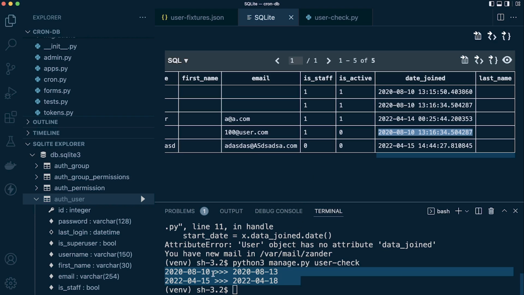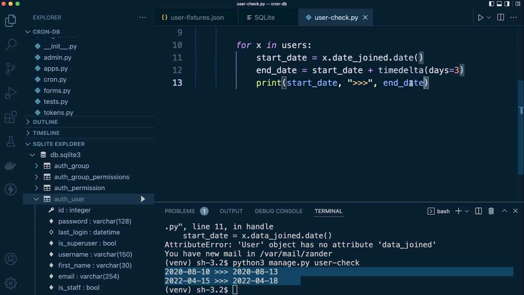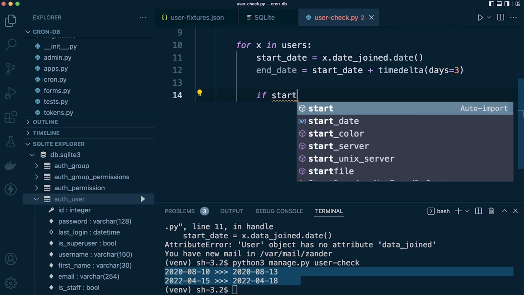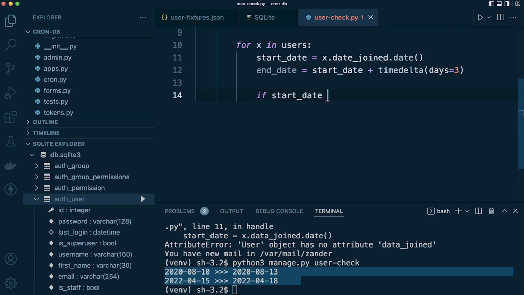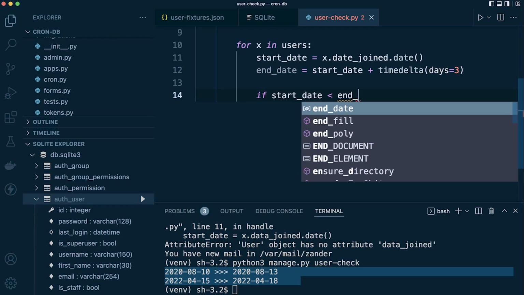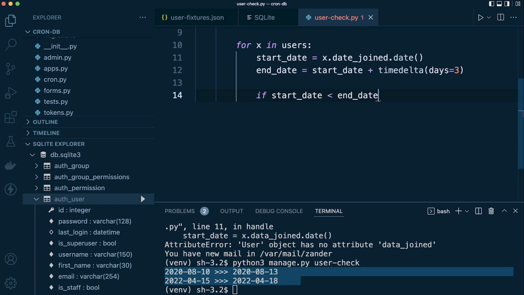Right, so we now successfully grabbed the users, and we now know the start and the end date in which the time frame they're allowed to click on that email and activate themselves. So now we have that. All we need to do now is perform a little bit more magic, of course. So we're going to say that if the start date is less than the end date, then we're going to say